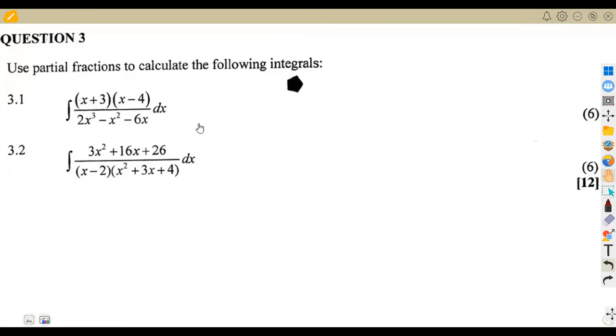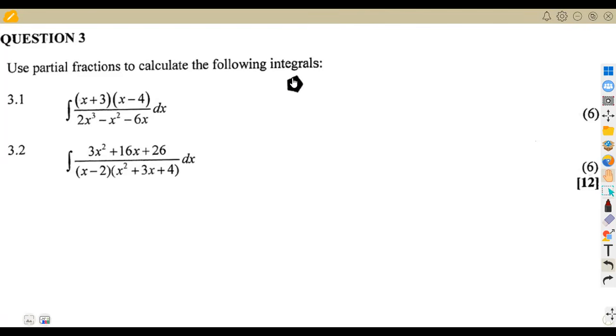Still working on our mathematics N6. This is the integration of partial fractions, working with the question paper of August 2021. So we want to check how we were supposed to attempt these typical questions on our integration using our partial fractions. All right, so as we know, the application of our partial fractions is a continuation from our N5,